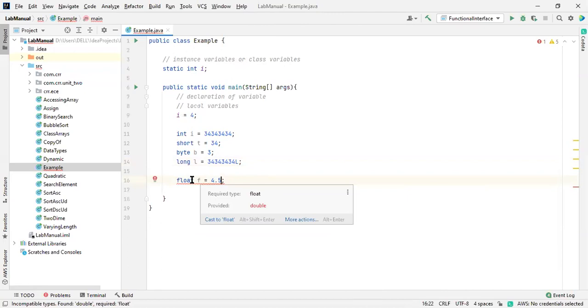This is the usage of a tool. The interpreter does line by line compilation, so the compilation takes place line by line. That's why it shows the error directly over here. When we run, there is a JIT compiler inside the JVM. We discussed JIT, the just-in-time compiler, which saves some time. So this is how line by line compilation works with the interpreter, and that's why it shows the error directly.